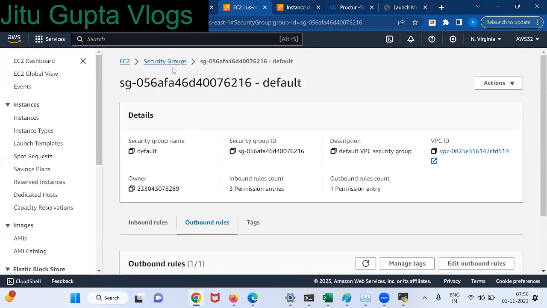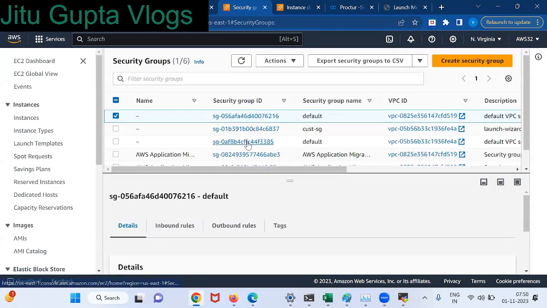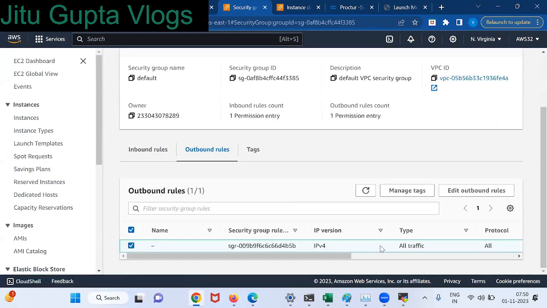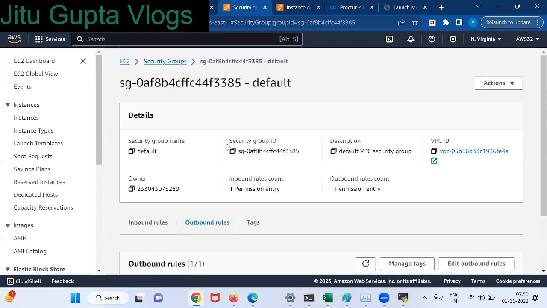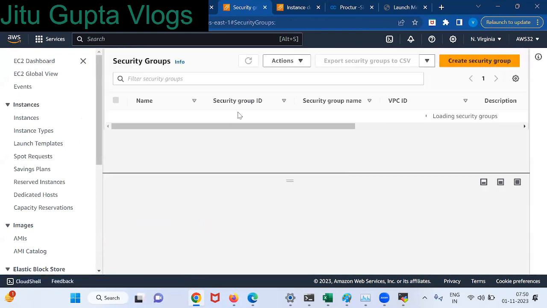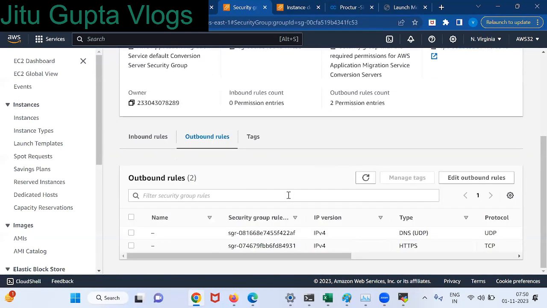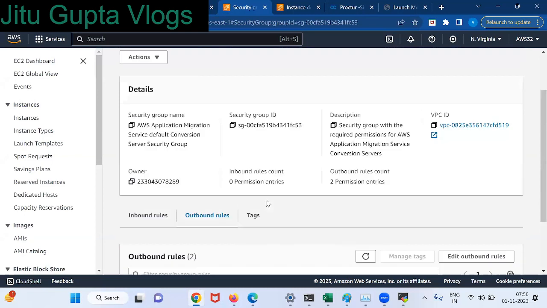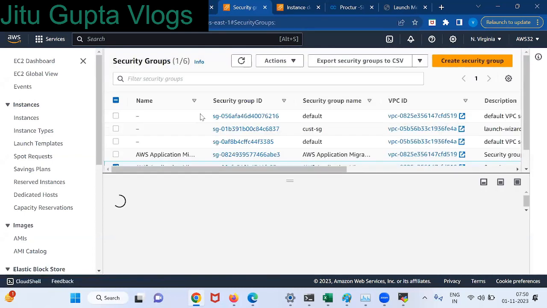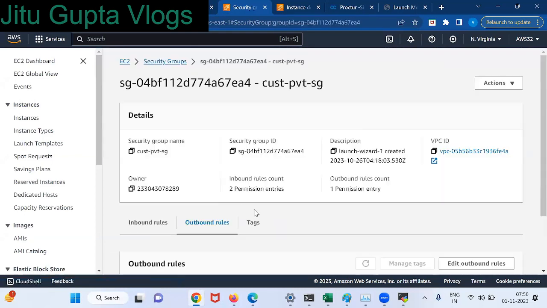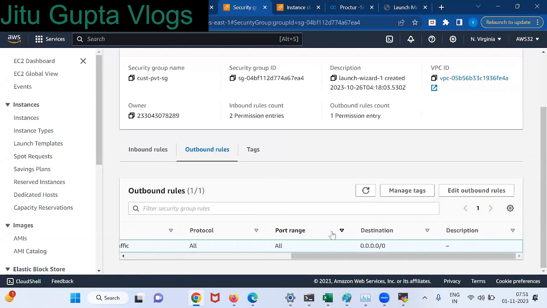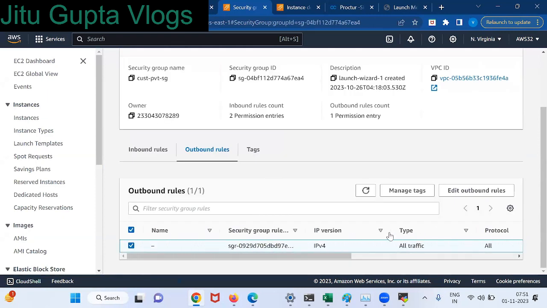If you can see the other security group also, this is different, I wanted created. See, by default, all traffic is enabled in outbound. No need to change anything in outbound. If you enable traffic in inbound, it will allow for outbound also.